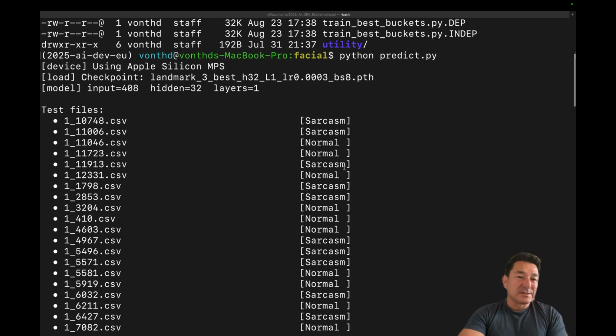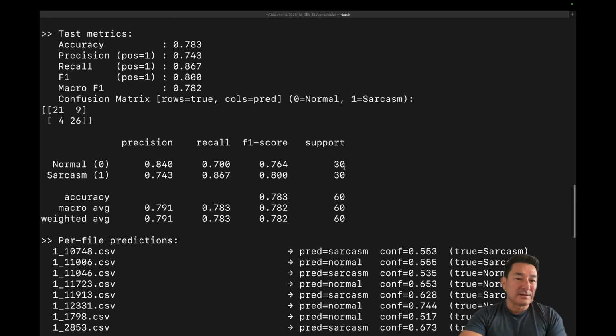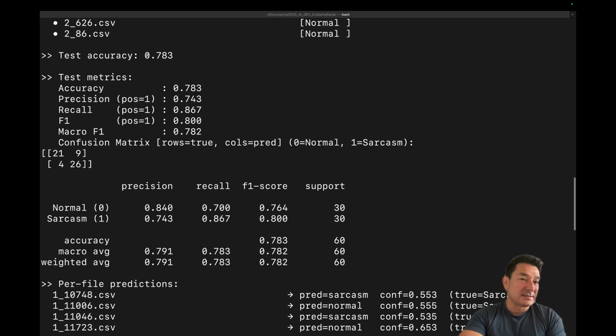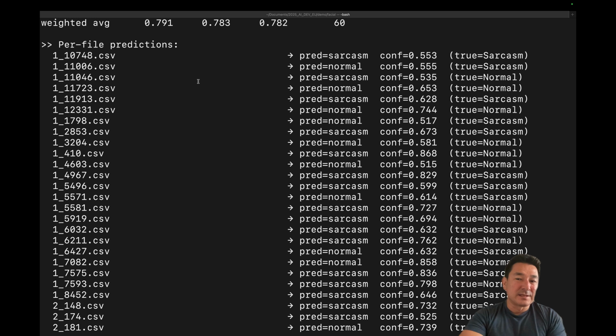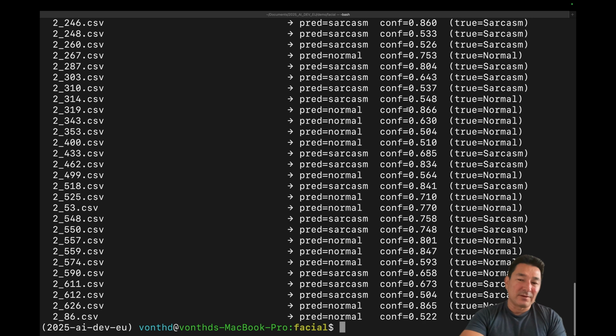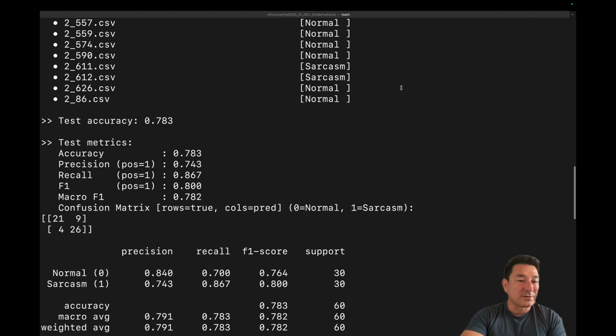So you can actually see the results. There are a large number of files here. The accuracy is 78.3%, so very, very high, just based on facial landmarks alone. And you can actually see the per-file prediction. Notice that with the per-file prediction, the confidence score can kind of vary, and again, it's because this is a very difficult problem. You're highly unlikely to get super, super high confidence in every particular video that you run inference through. But you can see that you have a large number of them coming out correct